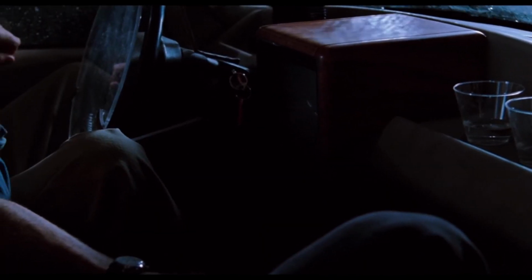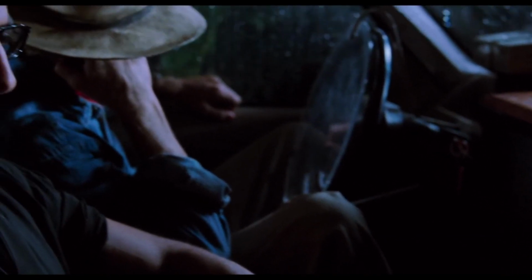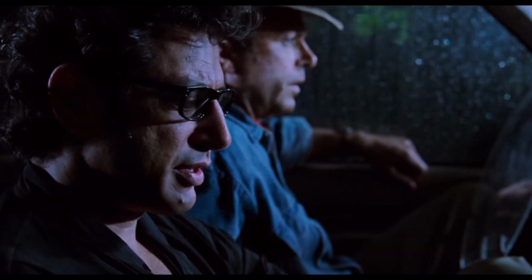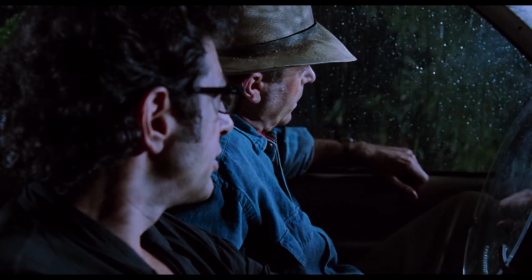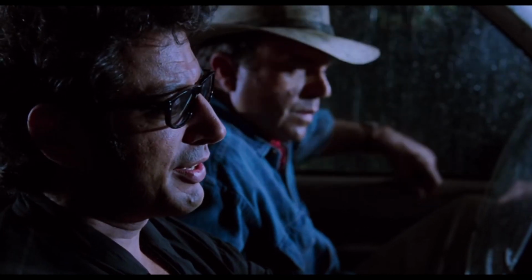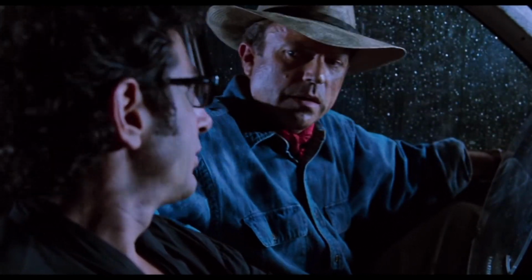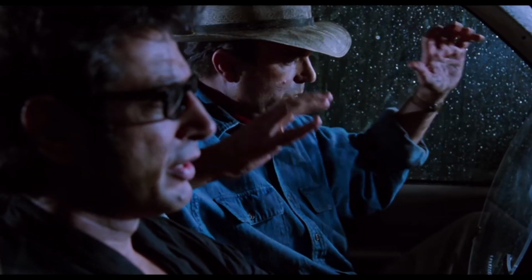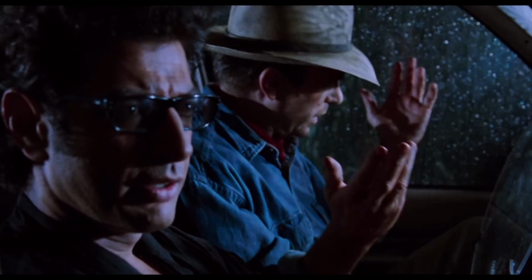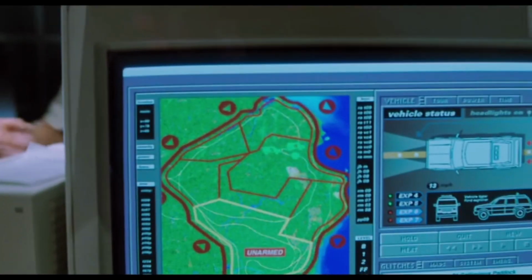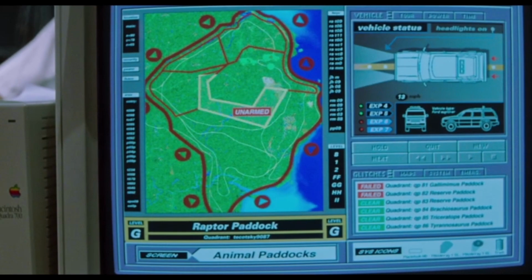The video goes off in the cars as Malcolm asks if Ellie is interested. He quickly realizes she's in a relationship with Grant and apologizes for sniffing on another man's turf, like a good patriarchal son should. Suddenly, the cars stop and all power systems start failing all over the park. Hammond, Arnold and Muldoon panic as defences start failing.